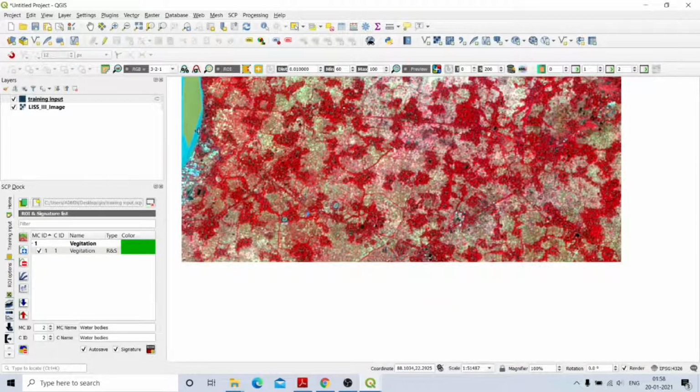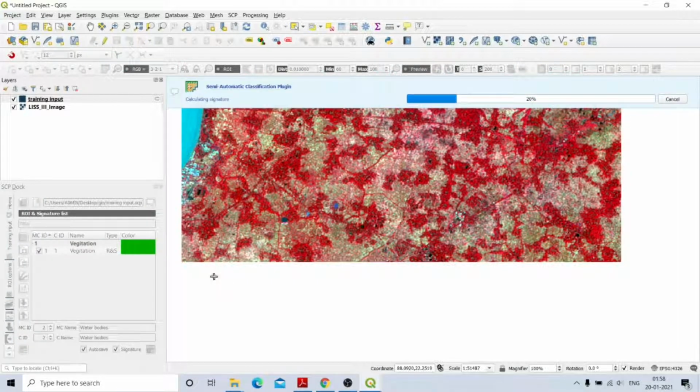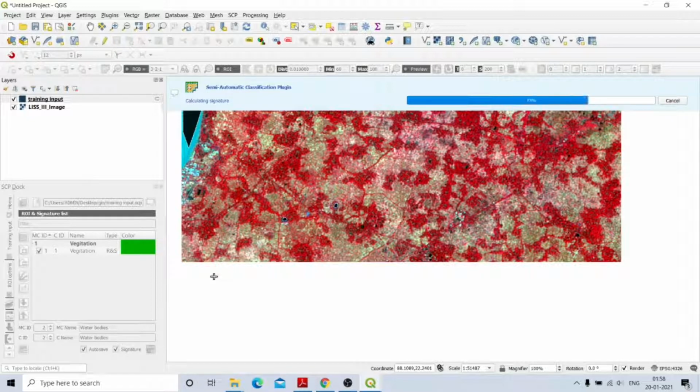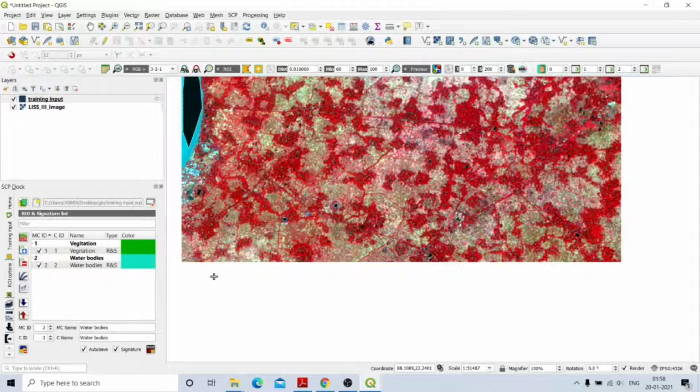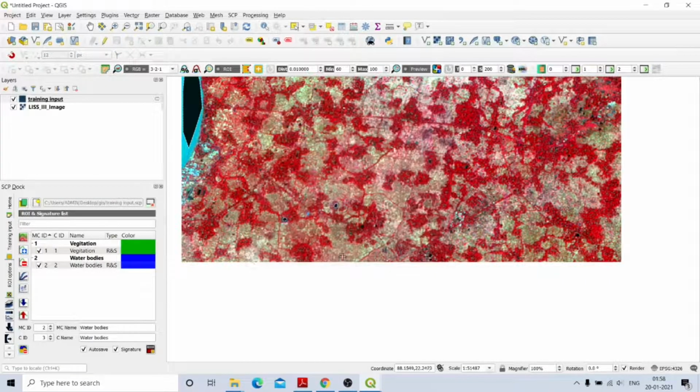Okay, so I have taken 3 signature polygons, and now go to save training input, save. Just a moment. Okay, so water bodies, make changes. Okay, now